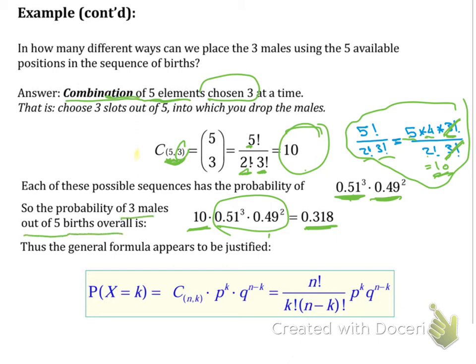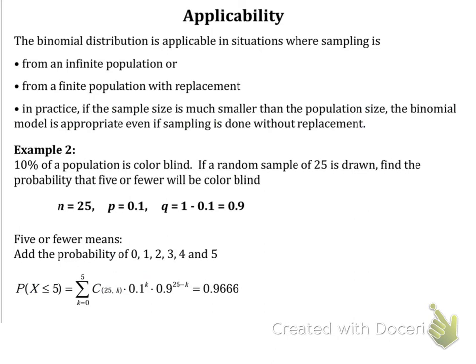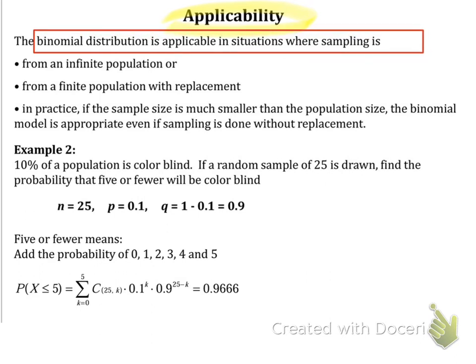That formula appears to justify it. So here, the combination, and this is p to the power k, k is 3, okay, n minus k, 5 minus 3 equals 2, or this way, it can be done this way. Both are the same. So here we'll be talking about the applicability. What are the applications of this binomial distribution? Binomial distribution, as you can see here, is applicable in a situation where sampling is